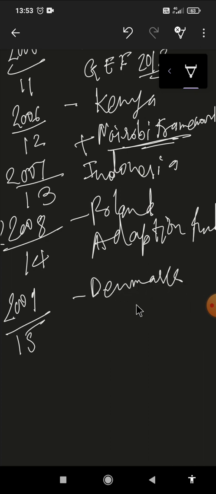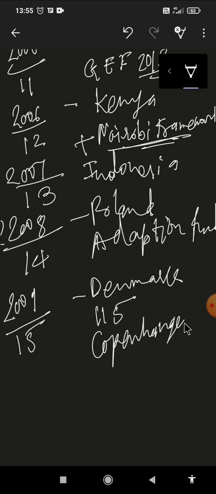This Copenhagen Climate Change Conference raised climate change policy to the highest political level, with close to 115 world leaders attending the high level segment. It produced the Copenhagen Accord, which was supported by a majority of countries. This included agreement on the long-term goal of limiting the maximum global average temperature increase to no more than 2 degrees Celsius. So it should not increase more than 2 degrees Celsius